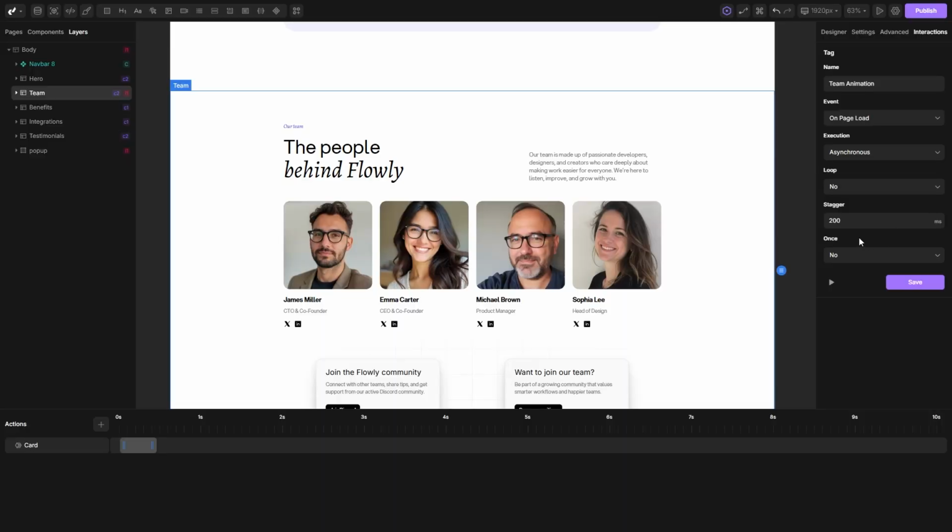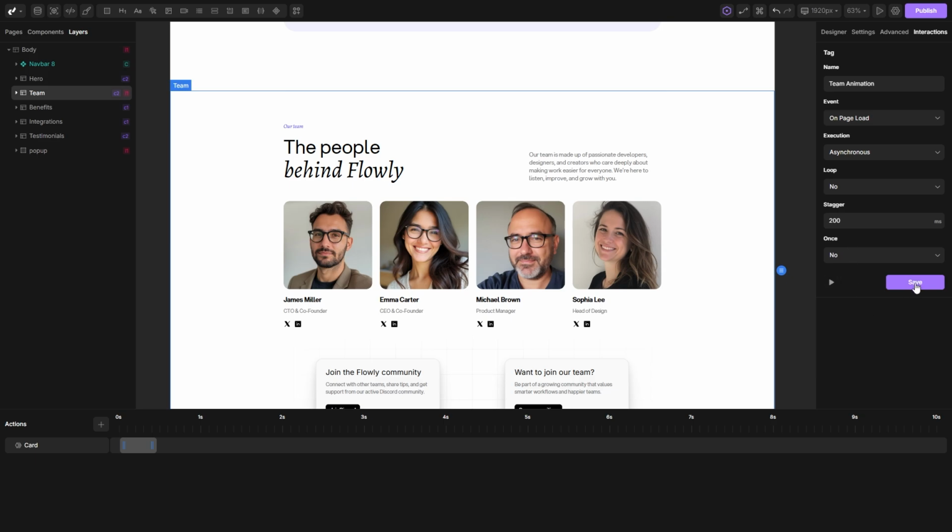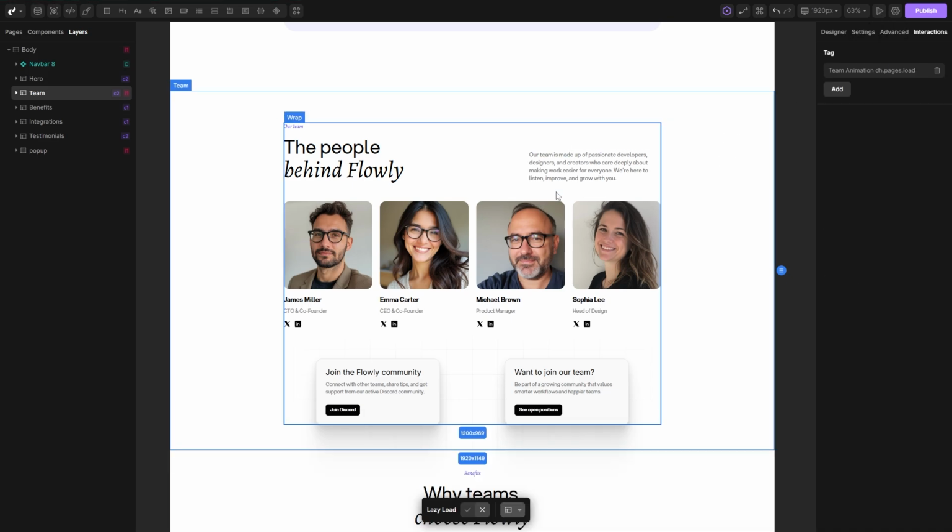That's the perfect timing to use the stagger. Now let's pay our attention to this once option. If I open this drop down here, you will see that it's a rather simple option. You can just turn it on and turn it off, same as the loop option. To explain you better the once option, let's hit the save button here and open the preview of this whole